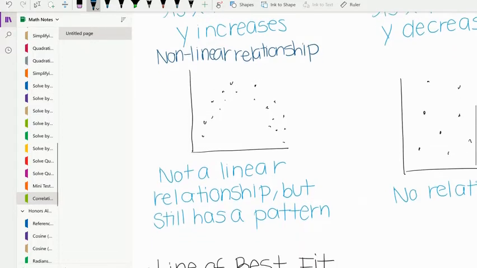Something that might have this type of relationship could be time and temperature. In general, I would say in the morning, the temperature is pretty low, and then it peaks at a certain time of the day, and then it goes back down. Another example of a nonlinear relationship would be exponential growth, meaning like that. That would be like days and currently the coronavirus, it's growing exponentially.